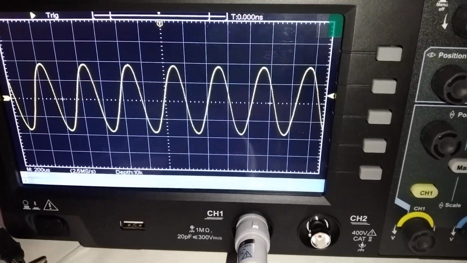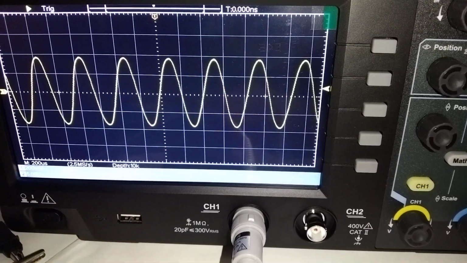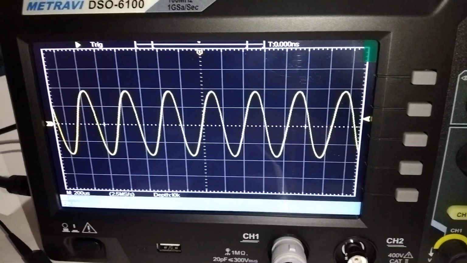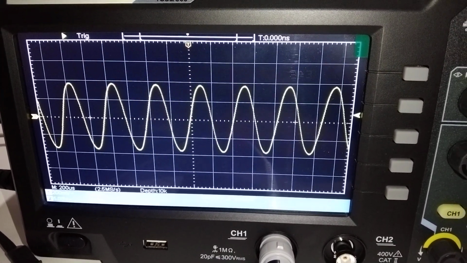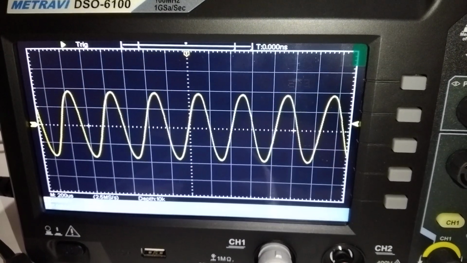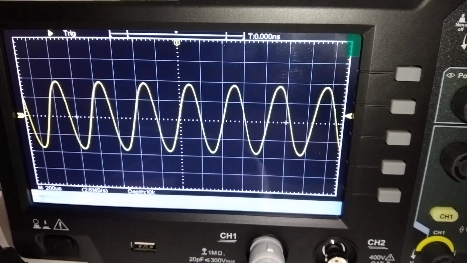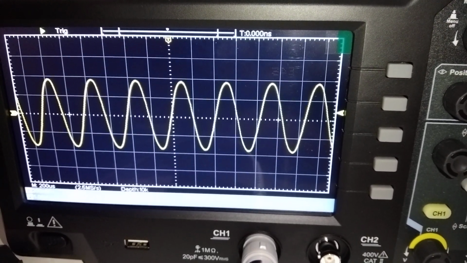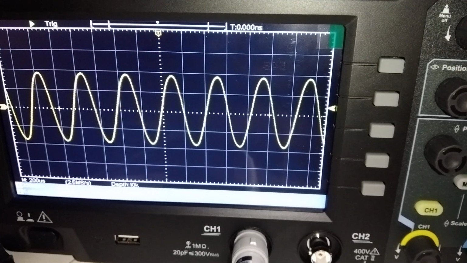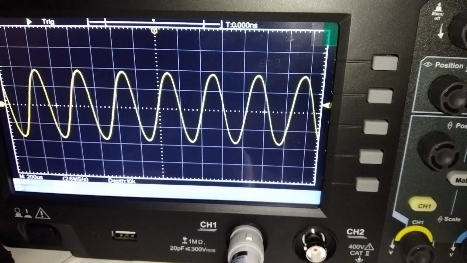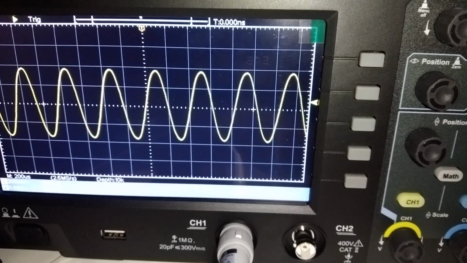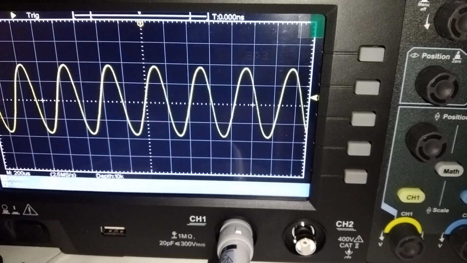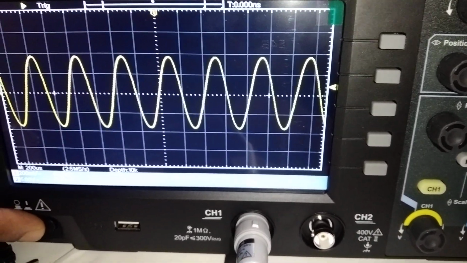We'll not go into the detail of each and every part of the display over here, because it will take a lot of time in explanation itself. We'll first start with how we start the DSO and implement the function inspection. So first of all, we have to switch on the